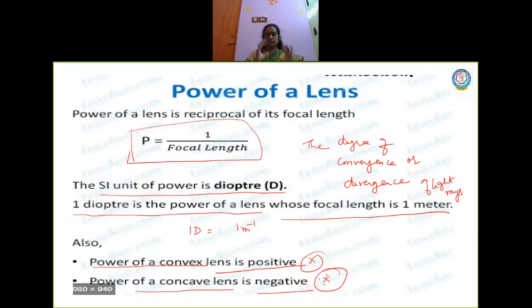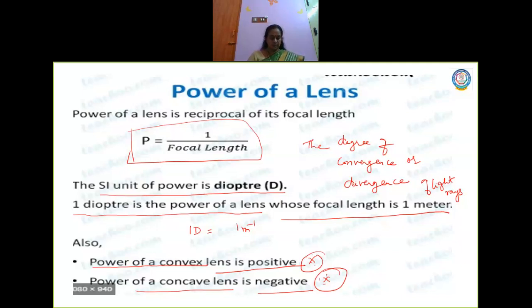Please see to it that you remember all these formulas starting from image formation. Image formation, what are the rules, ray diagrams, then Cartesian conventions, what is object distance, what is image distance, what is magnification, lens formula, lens maker's formula. So many things are there for you to read. So please keep on reading all these topics so that you will be able to solve the problems very easily after I finish this lesson.